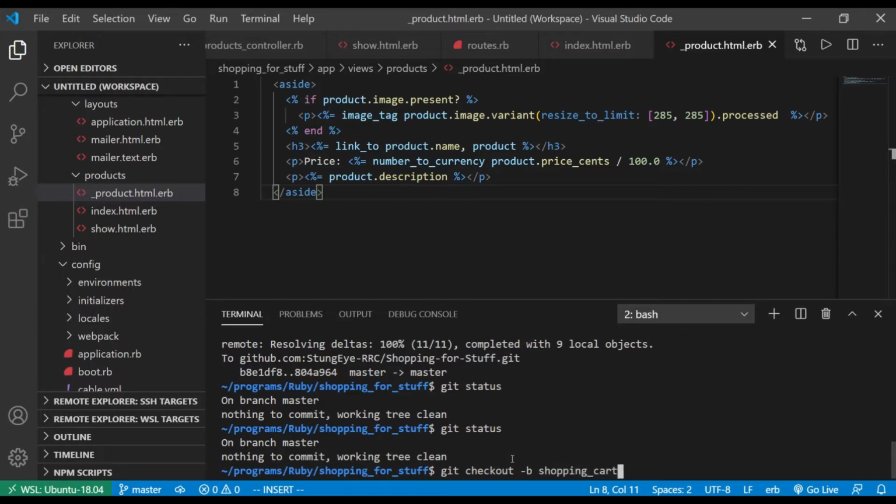shopping cart, and then what section are you guys? You're like section something. You're section 203660,